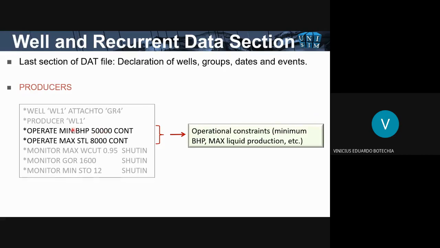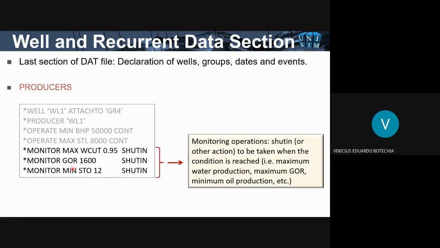Here, for instance, you are saying that the well will work only until a minimum BHP of 50,000 kilopascals, and operates at a maximum liquid rate of 8,000 cubic meters per day. These are operating constraints, and these are monitoring conditions, right?